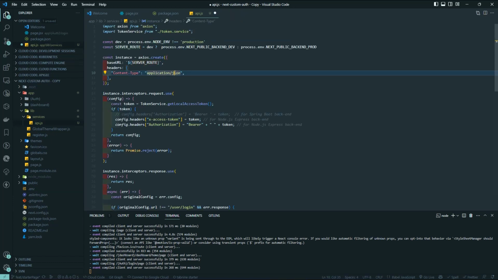So this checks if we are in development. If we are in development through the process env, if it is not equals to production, which is not, dev becomes true. So to get our server routes, we check if dev is true. If dev is true, we return the backend URL. Else we return the production URL, the backend production URL,